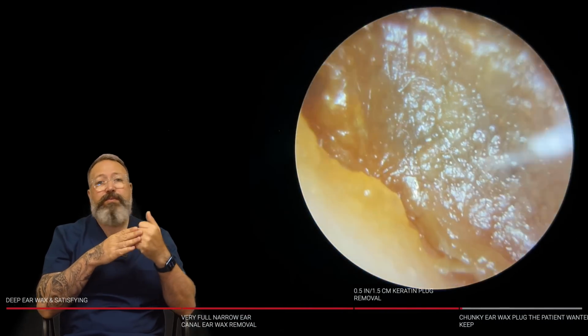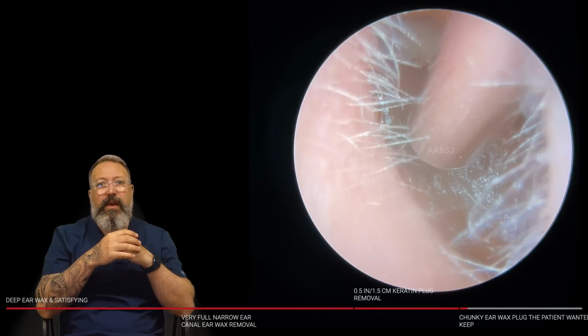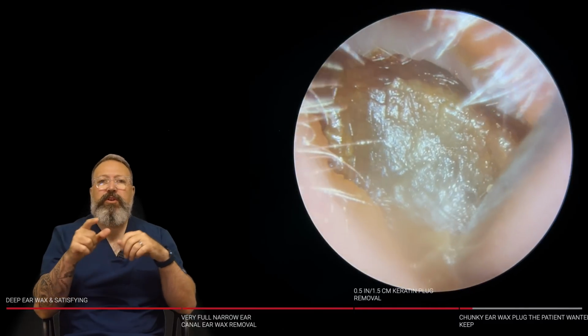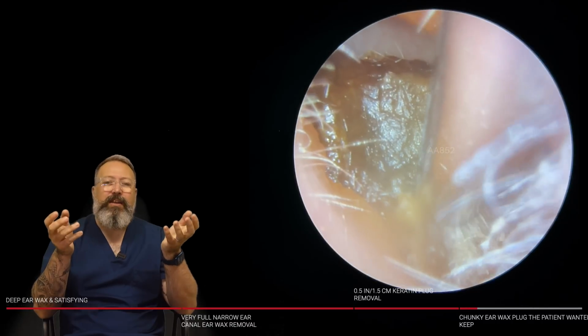Okay, so this is the last patient in the compilation video today. You can see this very thick hard layer, a little bit of a gap at the top there. So we could maybe have gone in a little bit with the St. Bart's hook here straight away maybe, but I just want to try and detach it from the bottom of the canal wall here. Now it's got that, now I said this in another video recently, a matte shine,